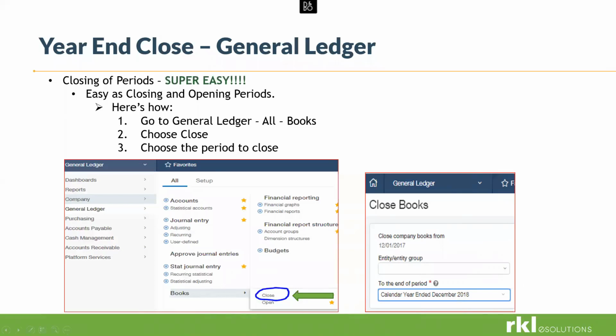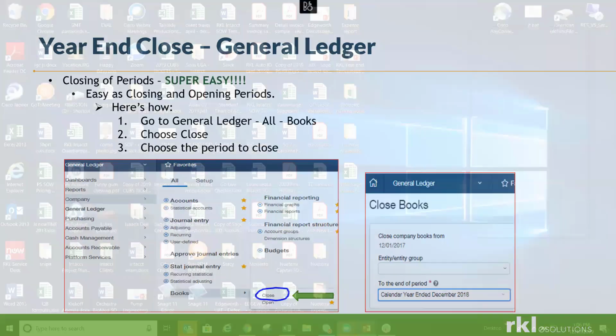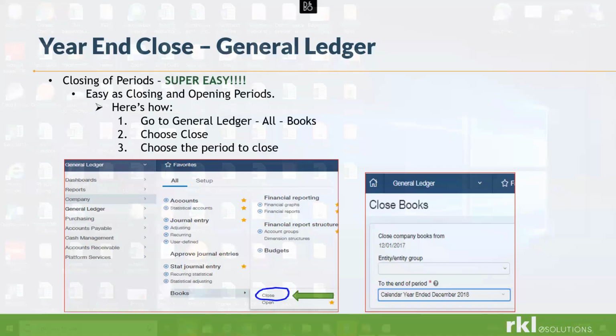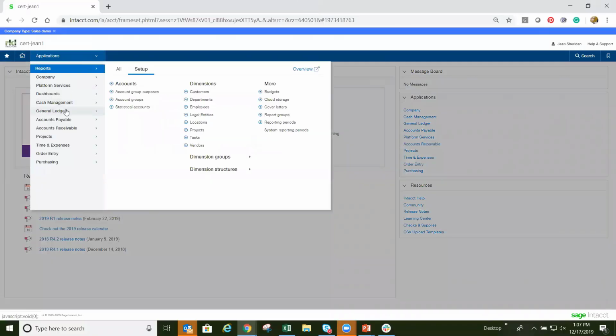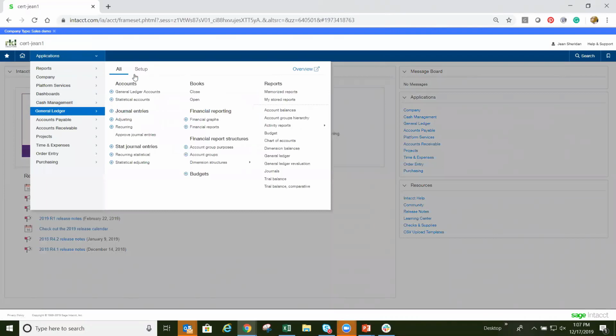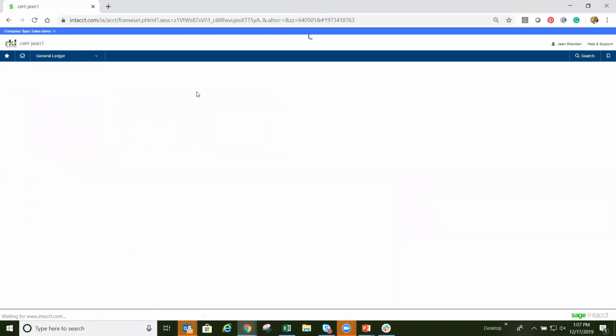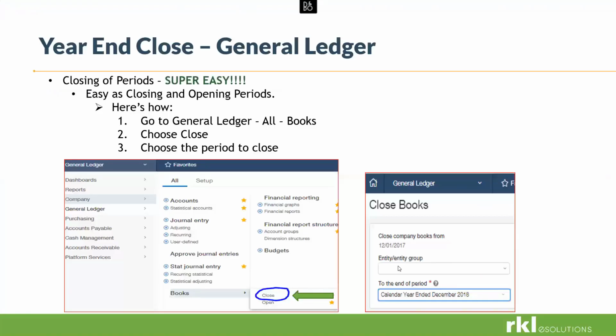I'm going to go ahead and minimize this a little bit and bring over my screen. That might be a little helpful. Sometimes it flips around. There we go. You guys can see my Intacct screen. So now to close out a period in general ledger, you would go here and then you would see close books. And when you do close the books here, if you're in a multi-entity shared environment, you would have the option to close it by entity, or if you leave it open, you can go ahead and close it for